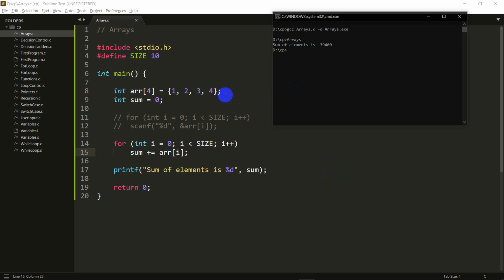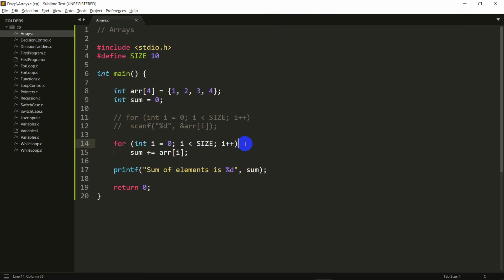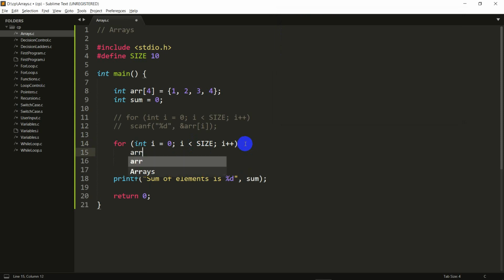So C is not responsible, the compiler is not responsible for taking care that you don't try to read elements which are out of bounds for the array, and C also doesn't take care of when you try to write elements to an array beyond what is allowed. So even if I had done something like ARR of I equals 0, and if I just get rid of this thing, even this is not something that C would give me an error for, but this is something that